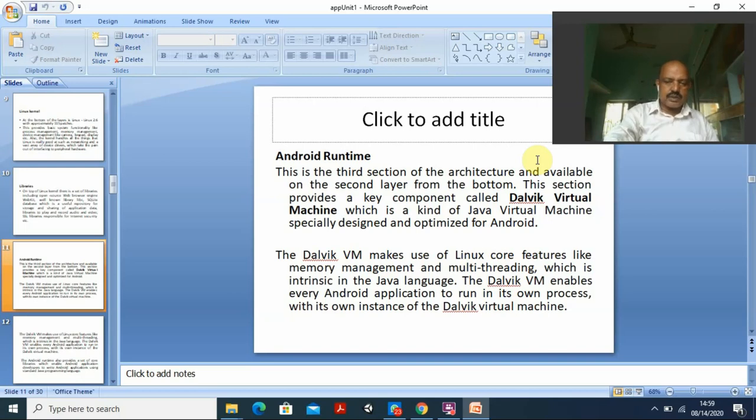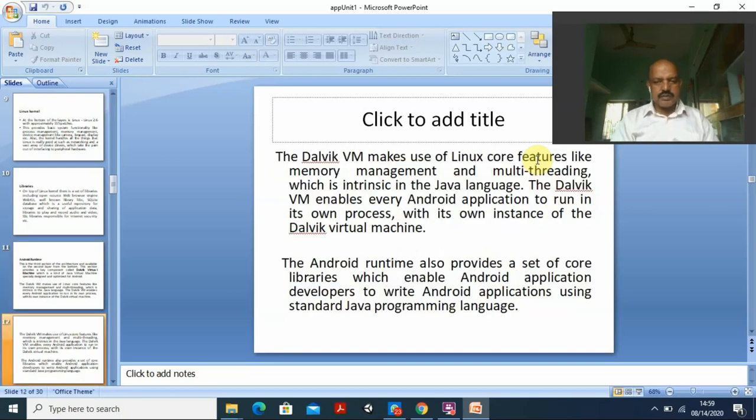Then the Android runtime also provides a set of core libraries which enables Android application developers to write Android applications using the standard Java programming language, because I told you that it is Java based.